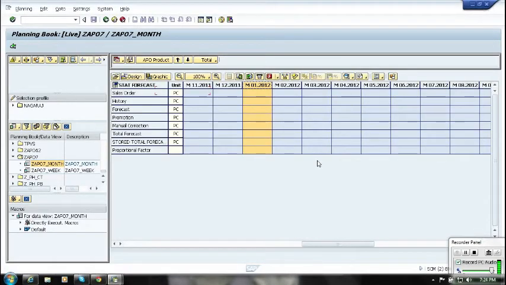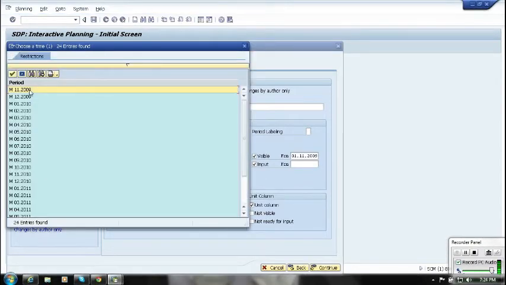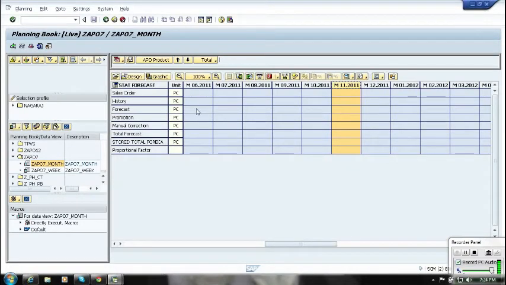I cannot see the previous months. Yeah, past months. So like that, from where you want to see, you can give as visible and input. From which month I can give the values, I can give 2009. Say for example, if I give that one, it means it will allow me to give some input values.